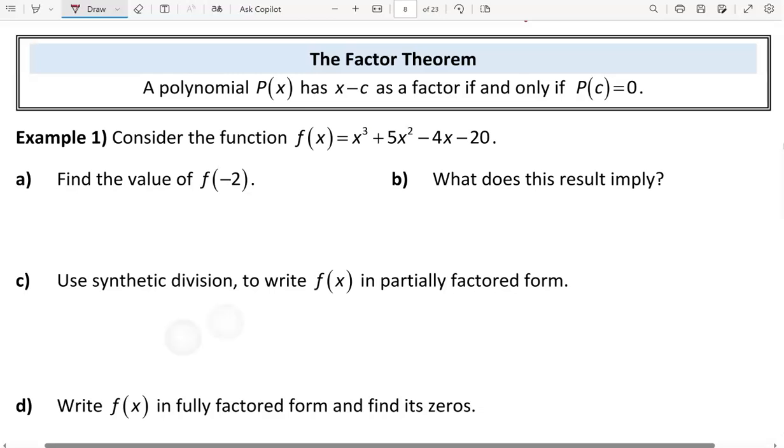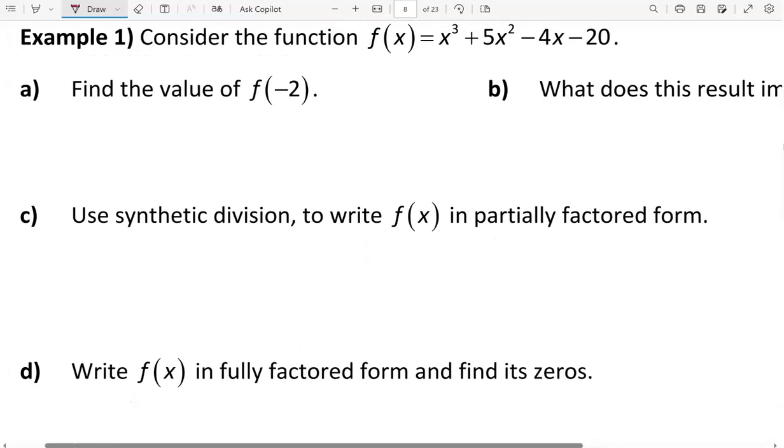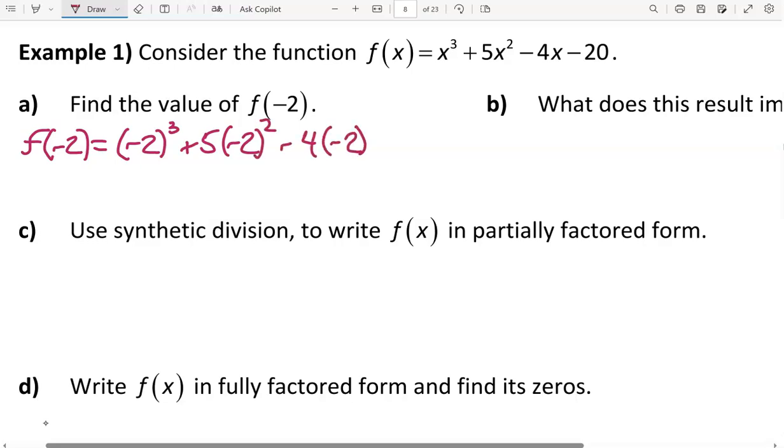In example 1, we are asked to consider the function f of x and find the value of f of negative 2. So I'm just going to find this the traditional way. f of negative 2 is negative 2 cubed plus 5 times negative 2 squared minus 4 times negative 2 minus 20, which is negative 8 plus, and then the second term is 5 times negative 2 squared. Negative 2 squared is 4, times 5 is 20, and then the third term is negative 4 times negative 2,